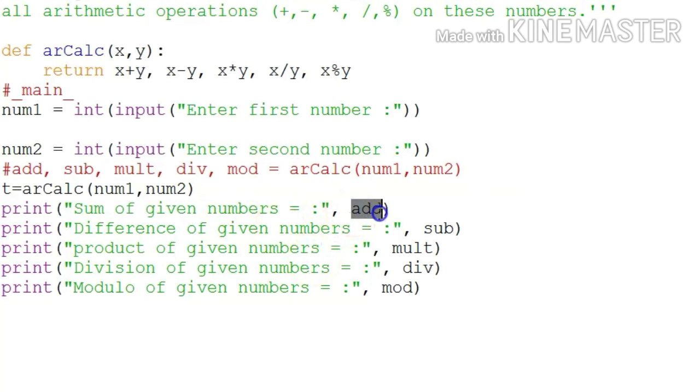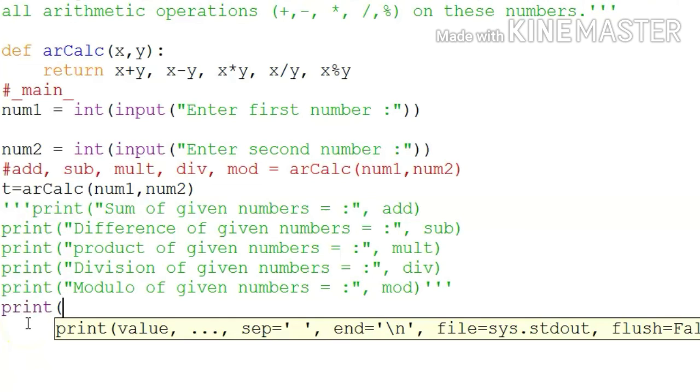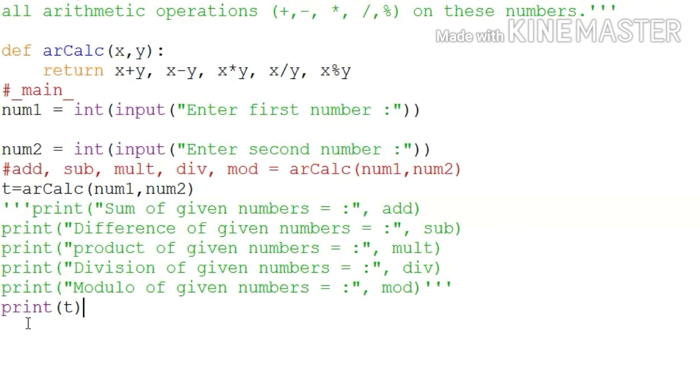So before executing, I am commenting these statements also. Then I just print T only.